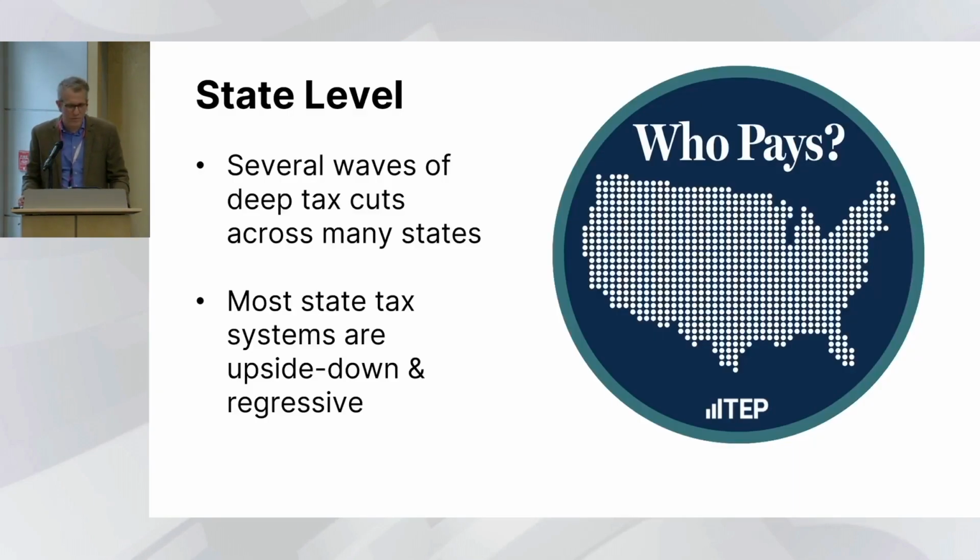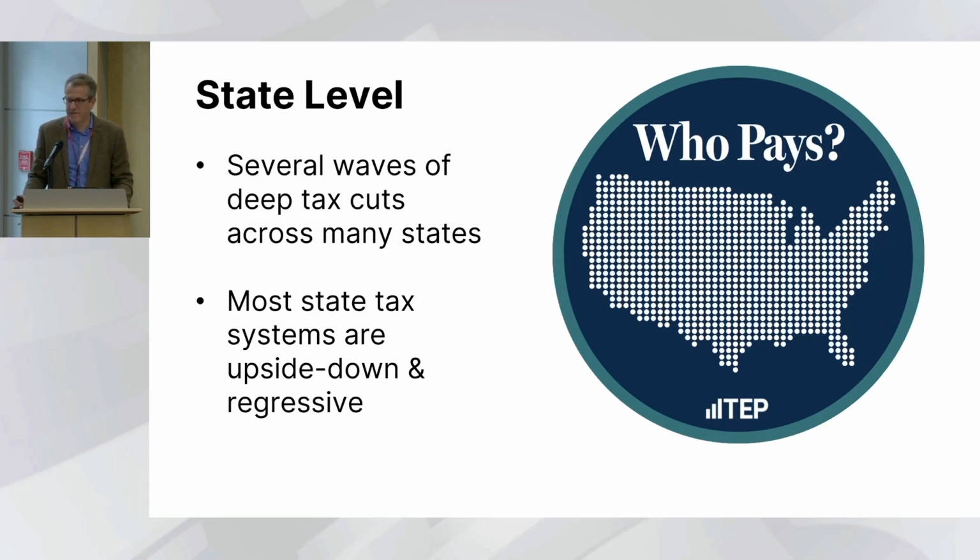State level, there's three contextual elements I want to touch on. The first is that unlike the federal level, states have to balance their budgets, usually every year. And this constrains that pie. It makes the pie harder, but it also does come with some opportunities, particularly when there are economic downturns. Nobody wants to see an economic downturn, but when states start to run out of revenue, nobody wants to make program cuts. So those can be opportunities to actually flip things around and raise a fair amount of revenue going forward.